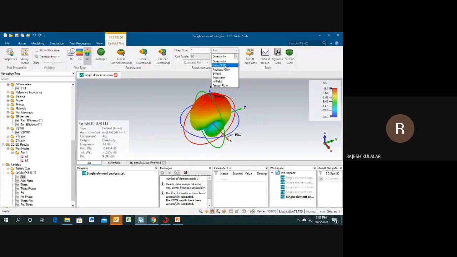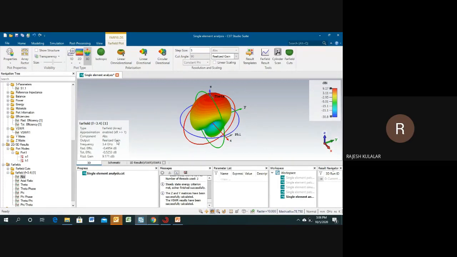In this case you selected directivity, otherwise you can select realized gain. The realized gain is 9.17 dBi, with respect to isotropic. You can see the maximum intensity is 9.17, and the total efficiency is 52.53, which you can also calculate in percentage.